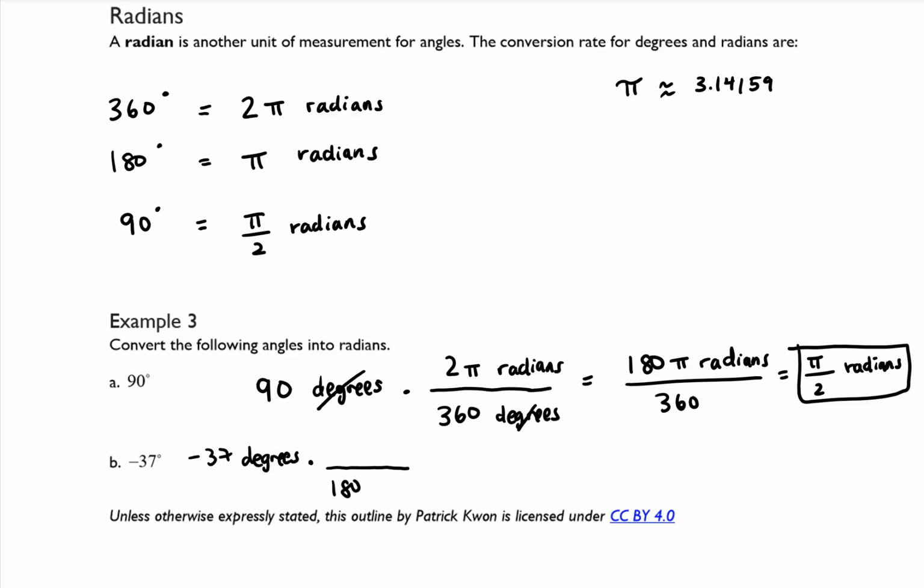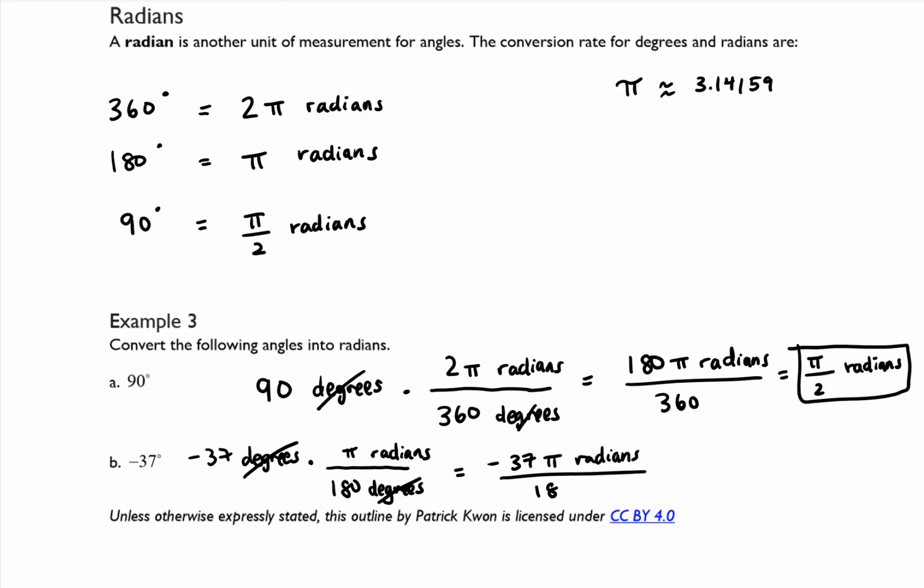So 180 degrees is equivalent to pi radians. So the degrees and the degrees will cancel out, and this will give me negative 37 pi radians